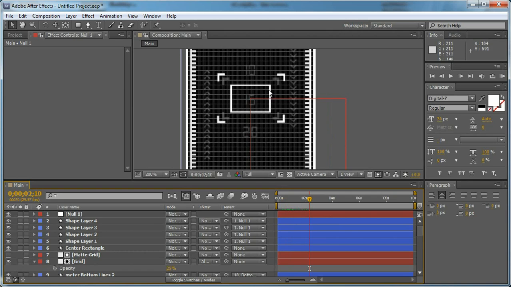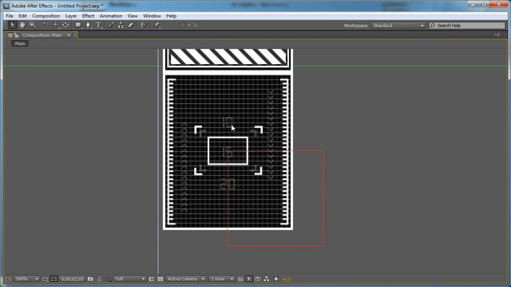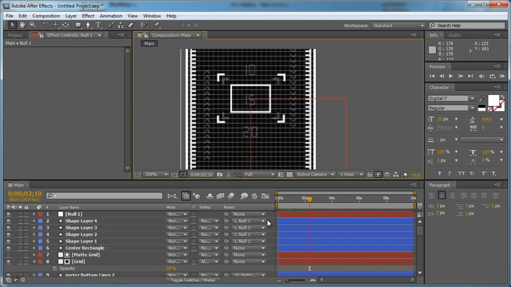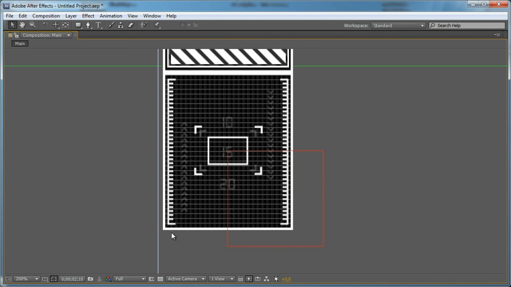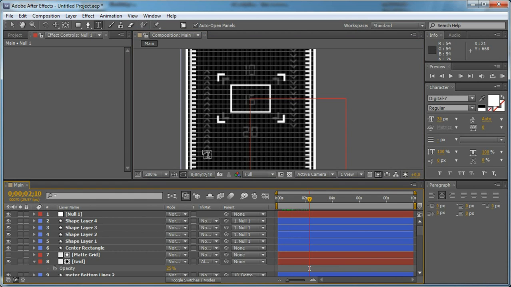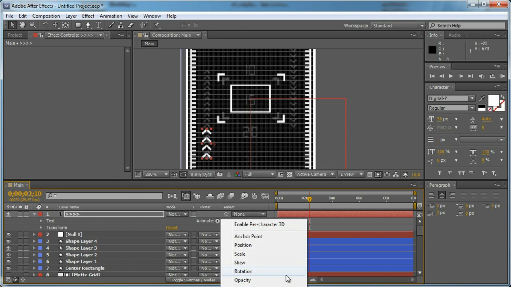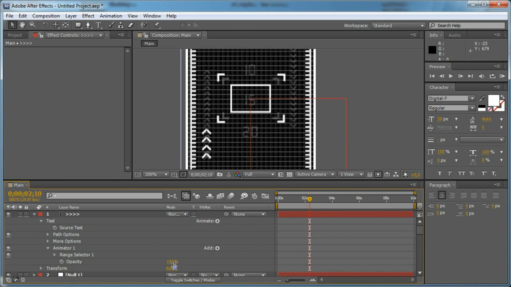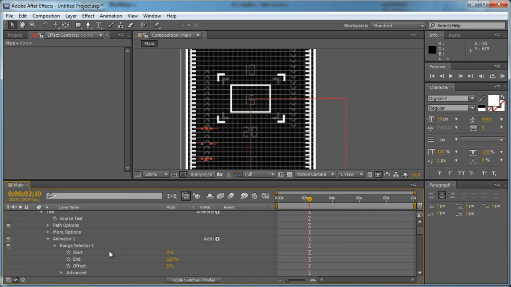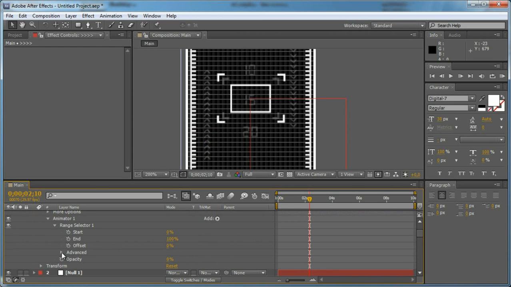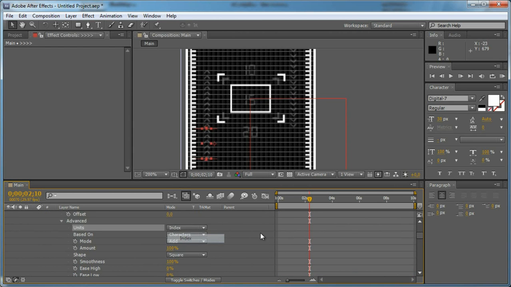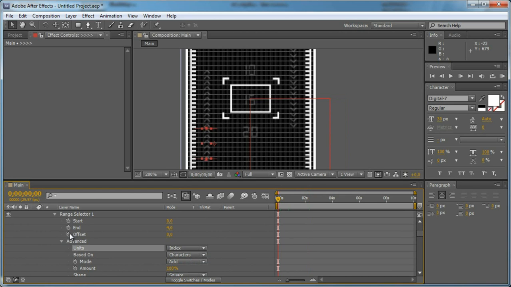And the rest is basically some wiggling numbers here, which are easy to create, and this one is here, which are created using a type layer and using the opacity technique like so. Let's go to advanced and change this to index, and